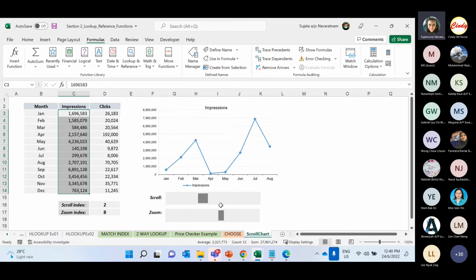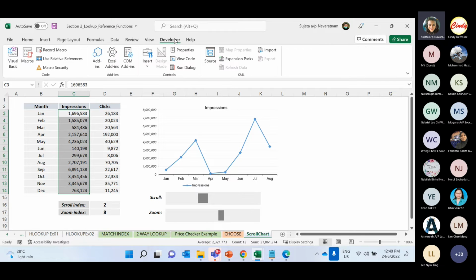So in order for us to do this, first you need to have the developer tab available, because you will be using special properties like when you insert, you want to use some form controls or ActiveX controls. The one that I'm using here is a scroll bar, and that's from this section here, which is form control. Now, to get the developer tab